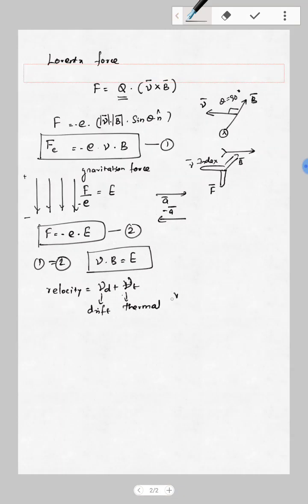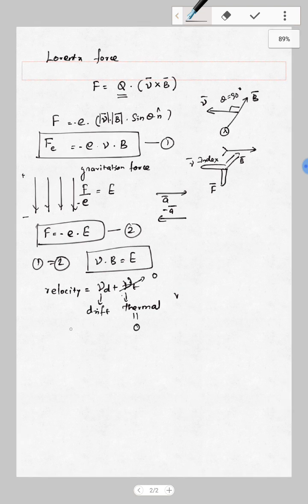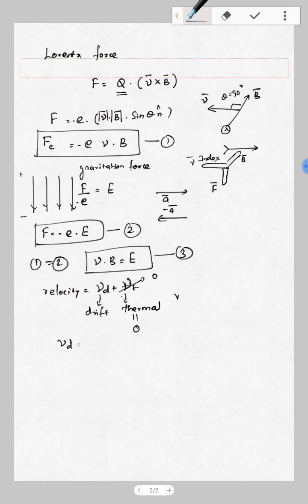Since the thermal velocity is random, it is not in any particular direction, so this can equate to 0. So here the equation, this is 3, can be written as Vd times B equals the electric field. And by using Drude's classical theory,